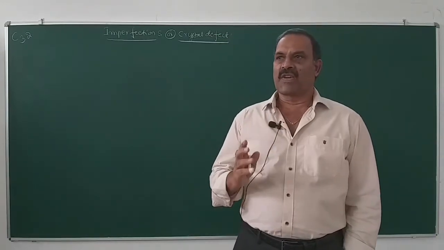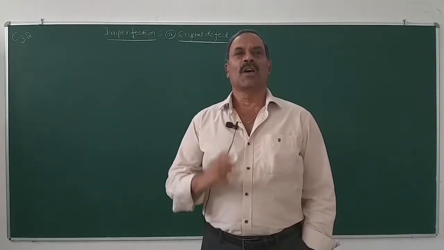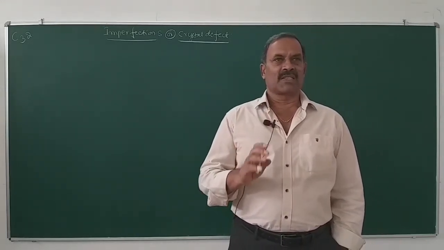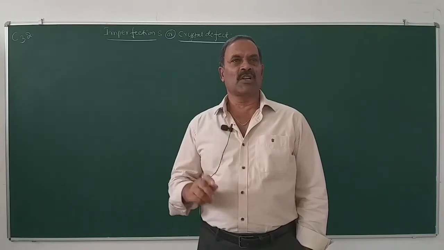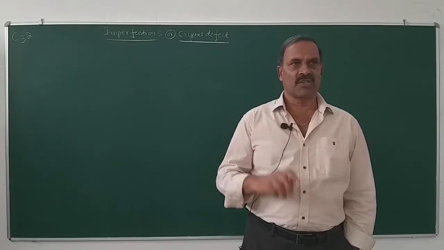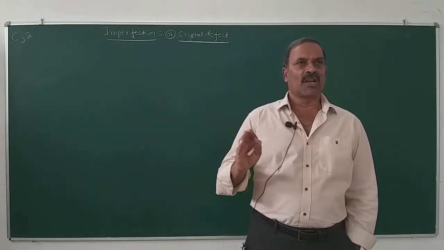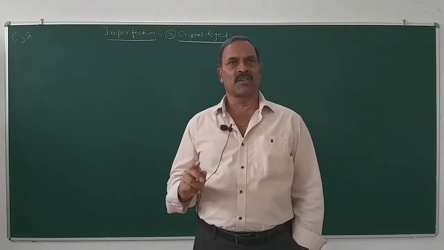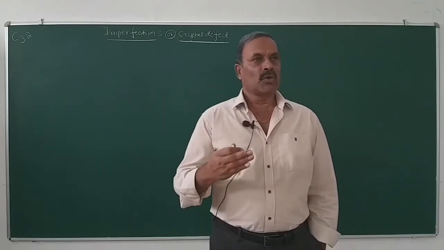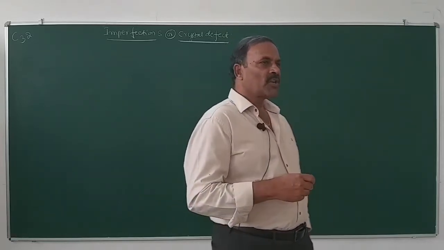In crystal defects, there are two types. Number one, point defect, and number two, line defect. What are point defects? The defects in the orderly arrangement of points or particles in a crystal are known as point defects. And coming to line defect, the defect in the orderly arrangement of lines of spheres or rows of spheres is known as a line defect. In the last class I told you the different types of point defects.